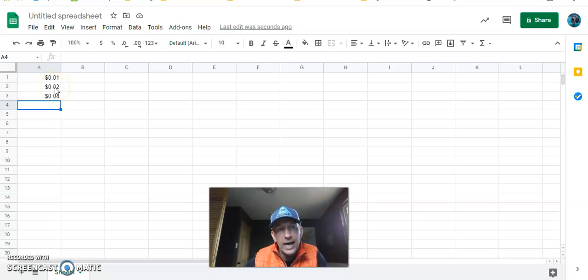I am going to highlight, so I'm going to left click on A2 and drag down so both of these are highlighted. Then I'm going to move my cursor around until I get to this little blue box in the corner and I get a plus sign. I'm going to left click on that plus sign, and I'm going to drag this all the way down to day 30. So that what the software should do is it should continue this pattern all the way out to 30 days. When I release it,